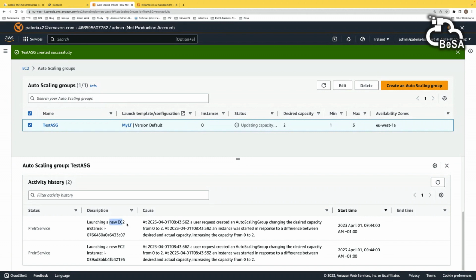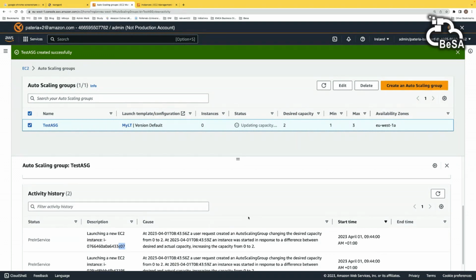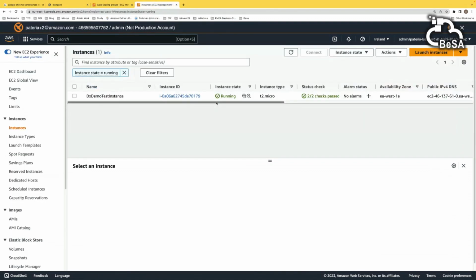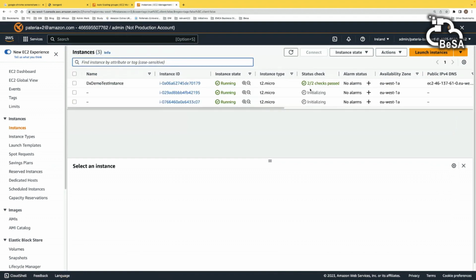So it is launching new EC2 instances, right? It is launching 2 new instances because it wants to maintain that capacity. If you see, it is updating the capacity in here. So if we come here, we should start seeing a couple of instances, right? So these 2 instances, they are just spun up using this auto scaling group.